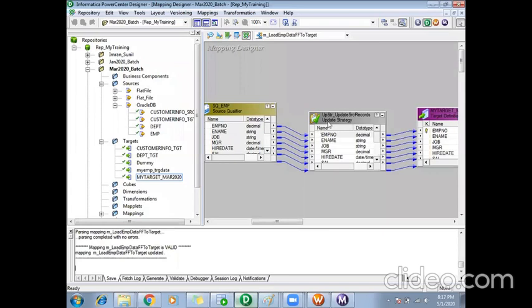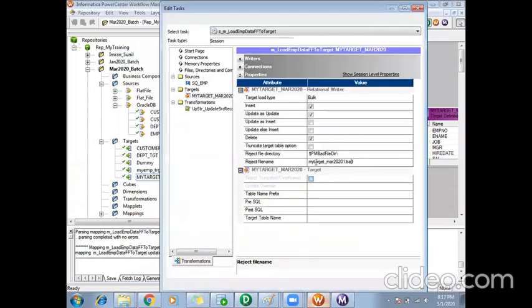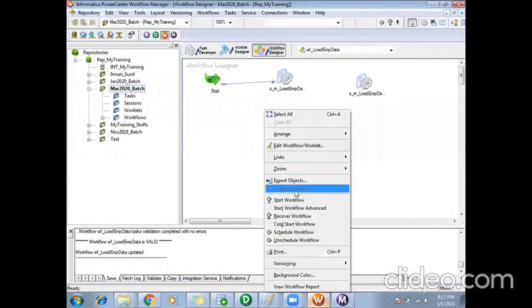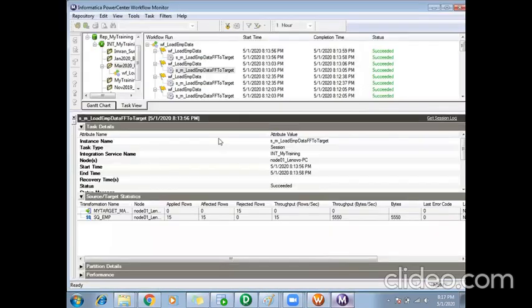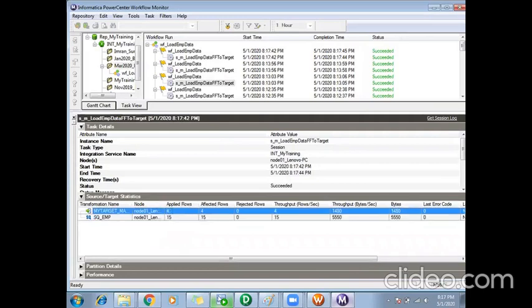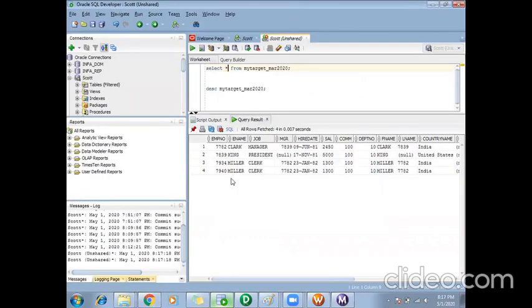I am saying in my update strategy that if department number equals 10, go for insert, otherwise reject the other records. So I'll save this, refresh the mapping, and I'll start the workflow. 15 records taken from source and only 4 records loaded. If I go and check which are those records, those are the records with department 10.